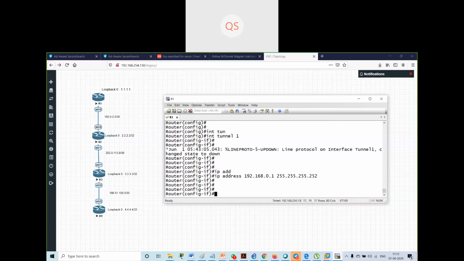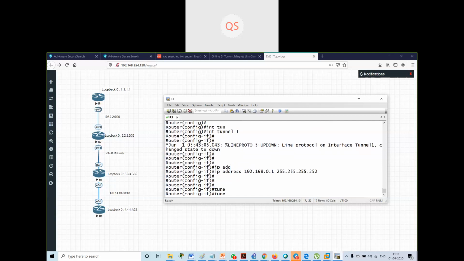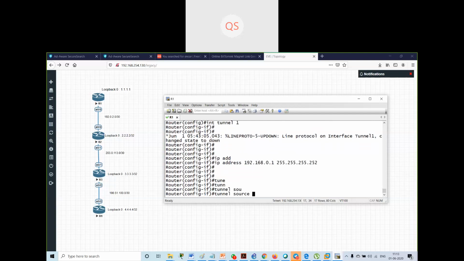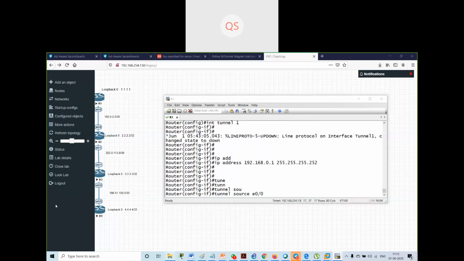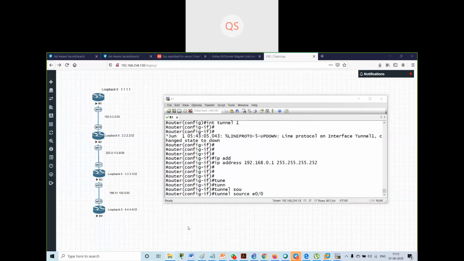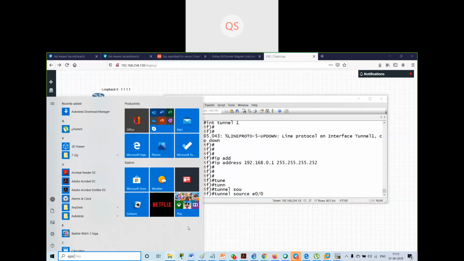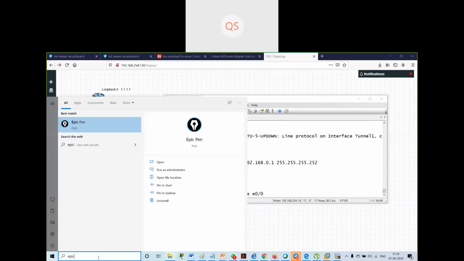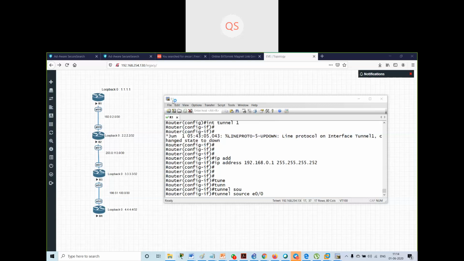Now I will assign the tunnel source and tunnel destination. My tunnel source is Ethernet 0/0. I am configuring the things on router 1.